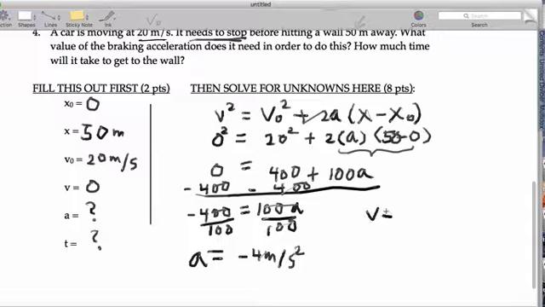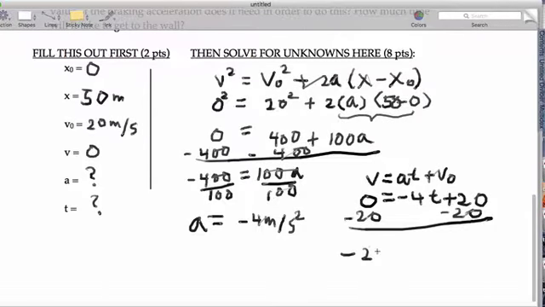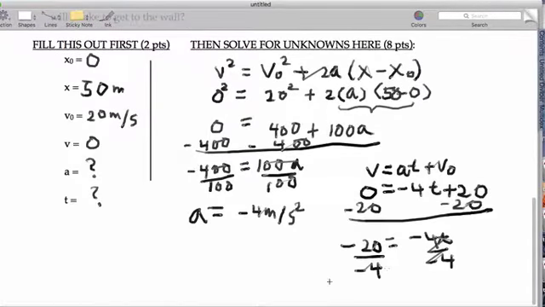I'll use this formula, v equals at plus v naught, because it's the easiest formula to grab. So we have 20 equals negative 4t plus 0, and let me double check that. I set it up wrong. 0 is what we end up at, and it's negative 4 times the time, and we started at a speed of 20 meters per second. We'll subtract 20 from both sides, so we get that negative 20 equals negative 4t. Dividing both sides by negative 4, that's going to give us that the time